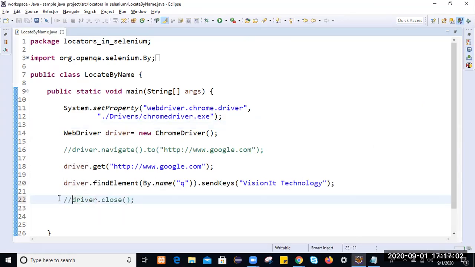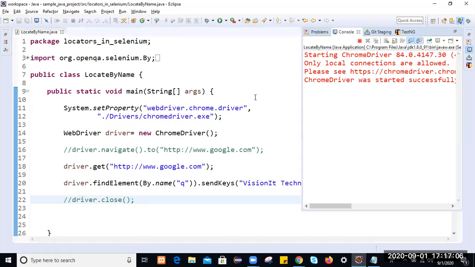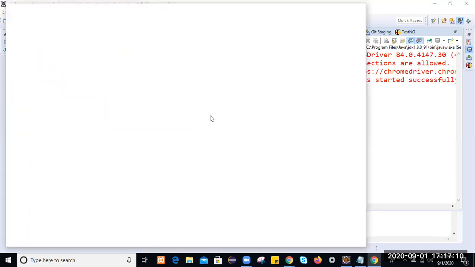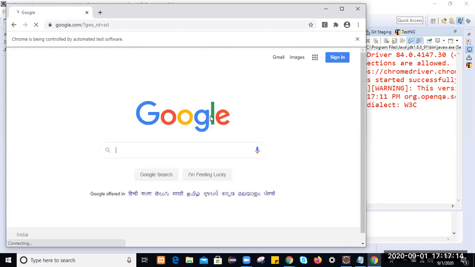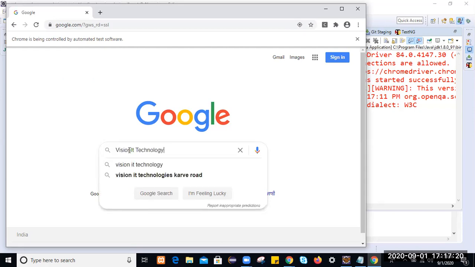Let me comment it, and let's observe the behavior. By using name we are locating here. We can see Vision IT technology results like that.